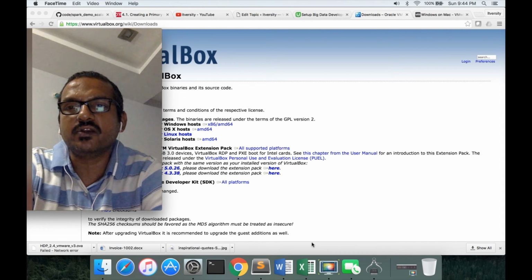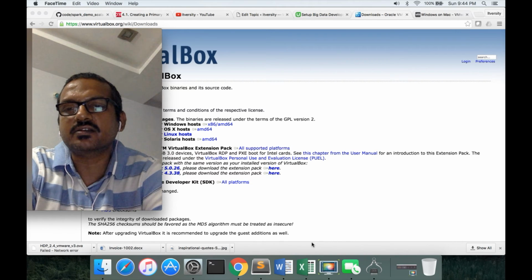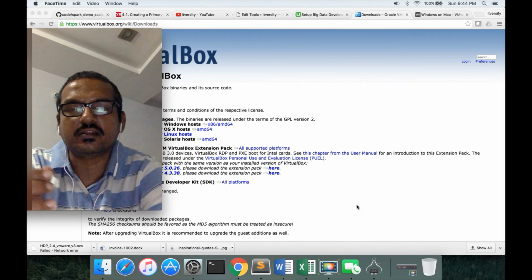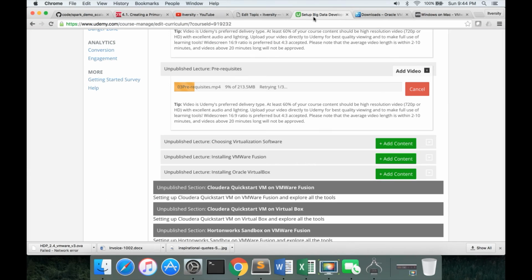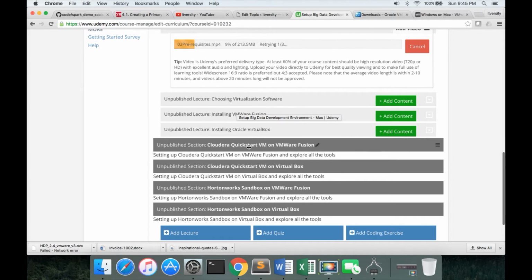I will have videos to create virtual machines on both the technologies, which you can leverage and follow one single path. Once you choose the software between VMware and VirtualBox, you just have to watch one of the two videos here, and then choose between Cloudera and Hortonworks.